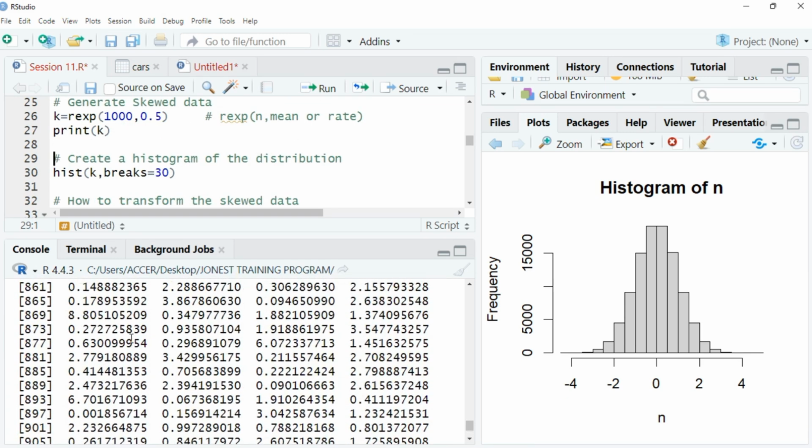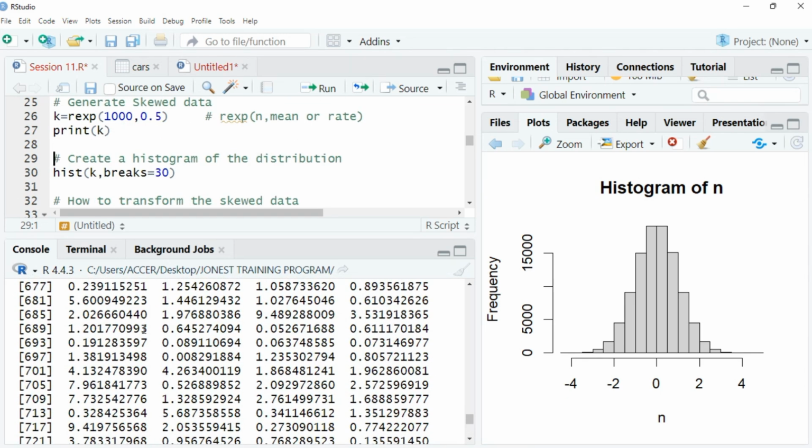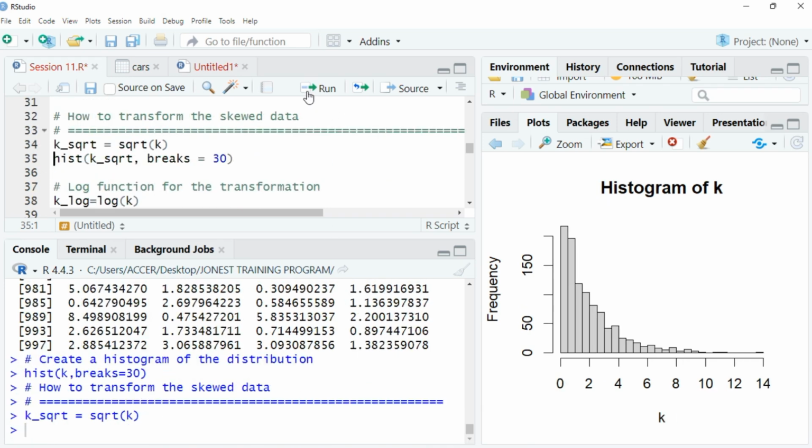it has given us our 1,000 observations, and we want to plot them for you guys to see how they are skewed. When you have skewed data, it will either be skewed to the right or skewed to the left. So once you run it,